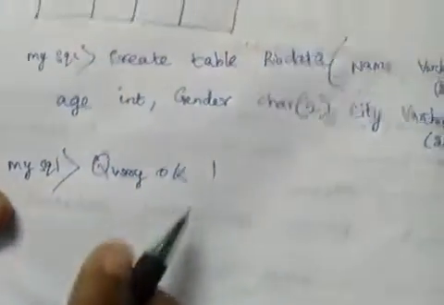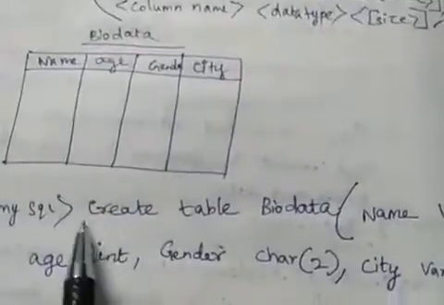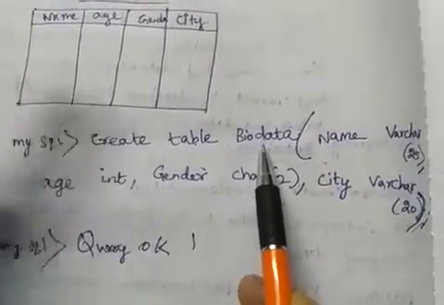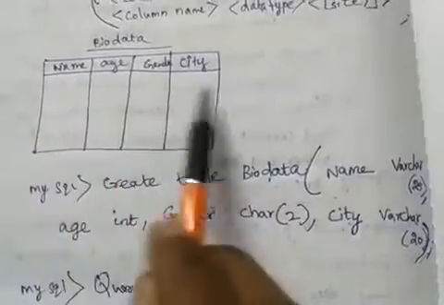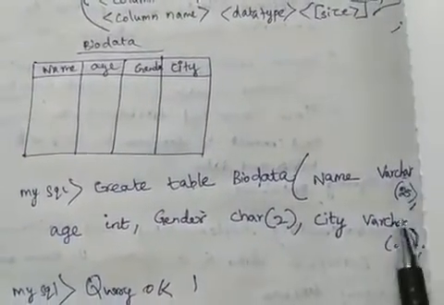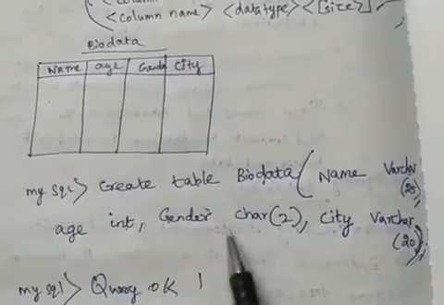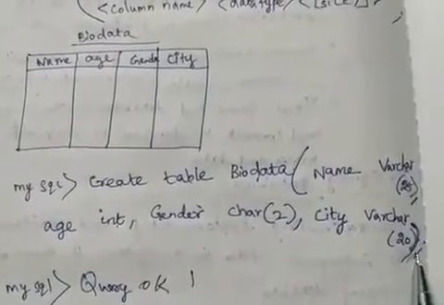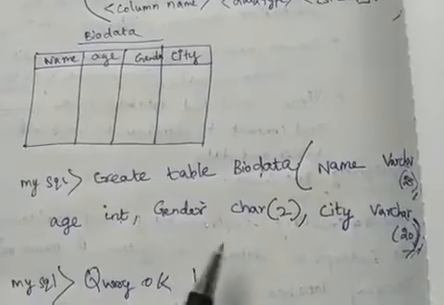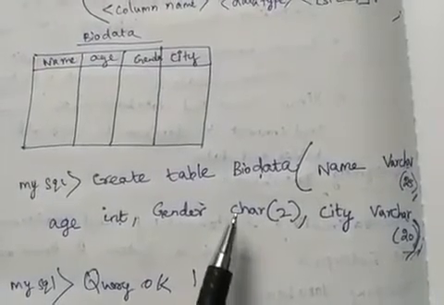So how to create a table, did everyone understand this? With the command create table, then the table name, biodata. How many columns are you having? 4 columns. So we have to specify the column name and the data type, separate, then the next column and data type, and so on, and at last we have to use the terminator. You have to close the statement. So this is the command which is used to create the table.